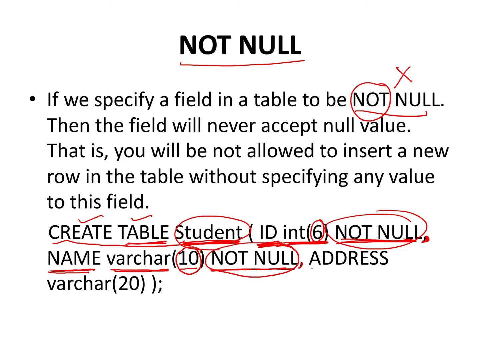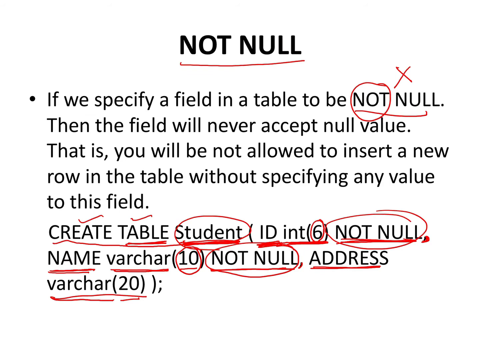Then the third column is address, varchar 20. Now see here, for the address nothing has been specified as not null. That means the address can be null, it can be left blank, or it can have a null value. So that is okay for our database here, or for our table that we have created here. You might as well give it as not null if you desire so, but this is just to give you a taste of the variation that can happen.